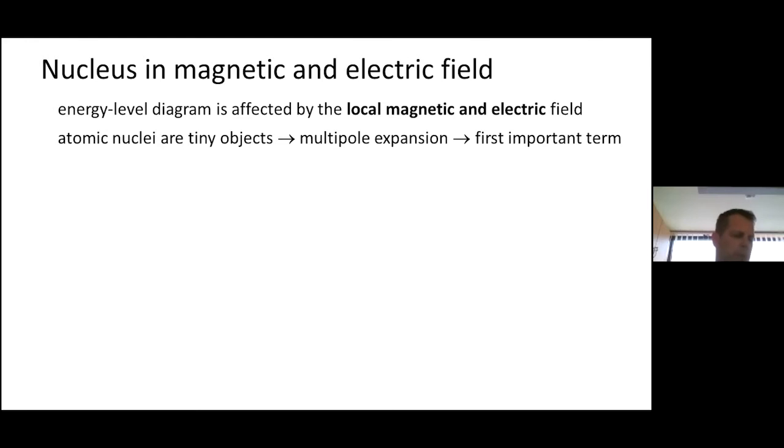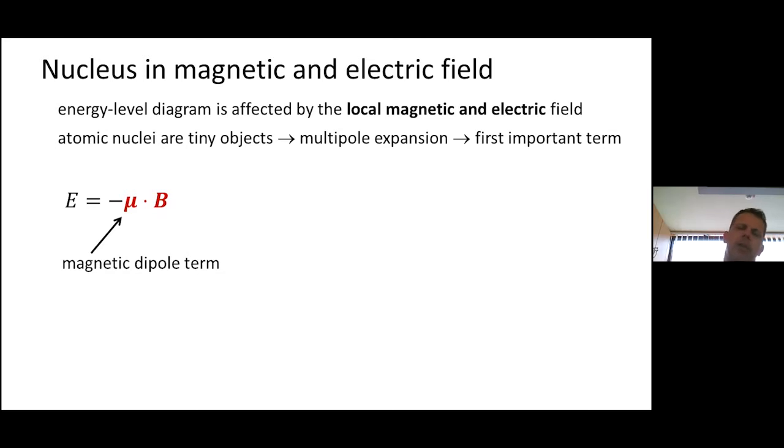With this multipole expansion, I mean we can go in steps and take a look at more and more important contributions, starting from the monopole contribution, then dipole contribution, then quadrupole contribution. But in fact, in both cases, in case of magnetic and electric field, the first important non-negligible contribution is enough to completely describe the NMR spectra. So let's start with